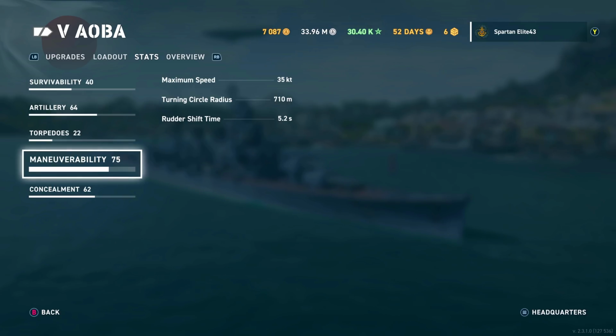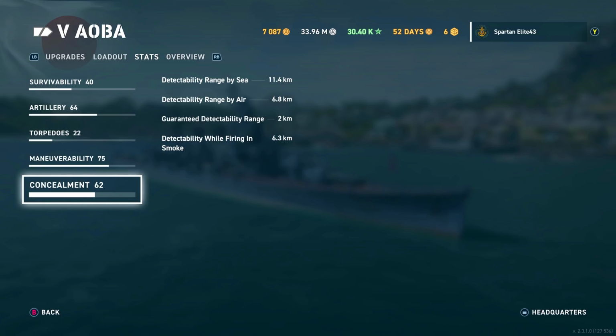Maneuverability, it's 35 knots top speed, which is quick for a cruiser. Turning circle, 710 meters. That is the exact same as the Alabama. You do not want to have to turn in the ship too much. You just don't turn very well. It goes really fast, so when you're turning, it just takes a long time to complete a circle. Rudder shift is down to 5.2 seconds,